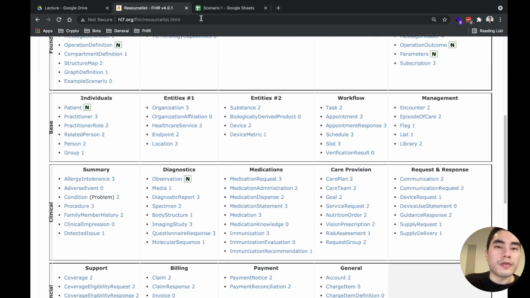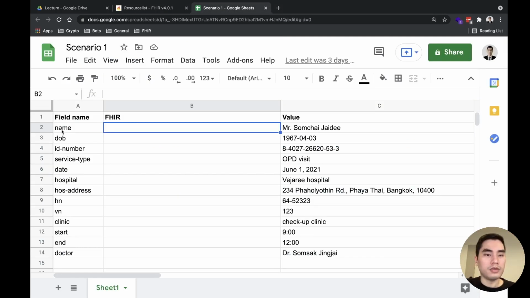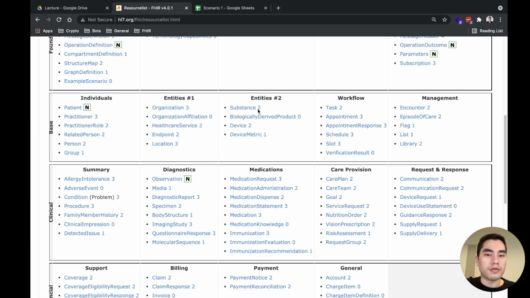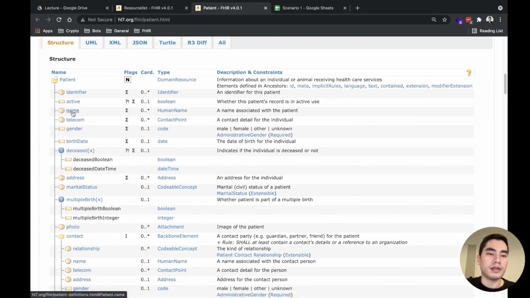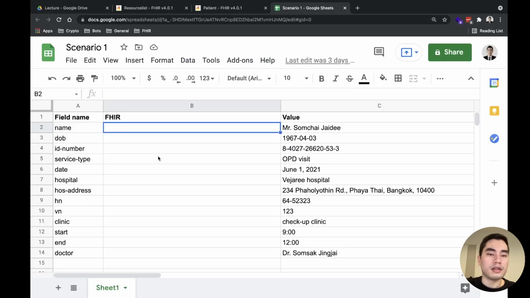So for now, this one is the name, and it's the name of a person, and this person is a patient, right? So even though you don't know FHIR at all, maybe you can guess that it's this resource, and you can go check and see, oh, there is a name, a human name here. So yeah, this must be a patient resource.